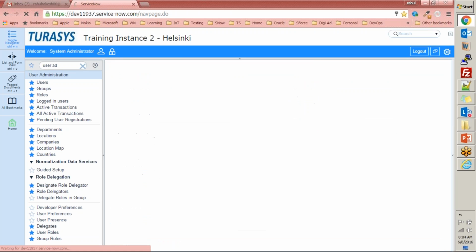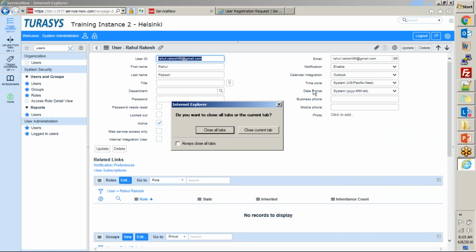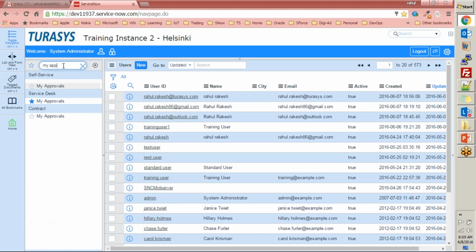These delegates can do approvals for you, right? So if you are a manager, you are not in office, and you are unable to approve something, your delegate will be able to do that, because that delegate will be CC'd on all emails as well, and that person will see the pending approvals in the my approval section in the service desk, right?